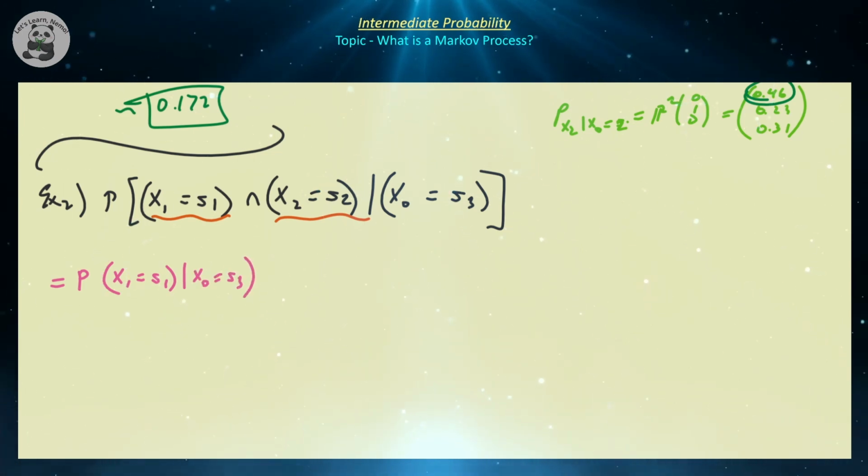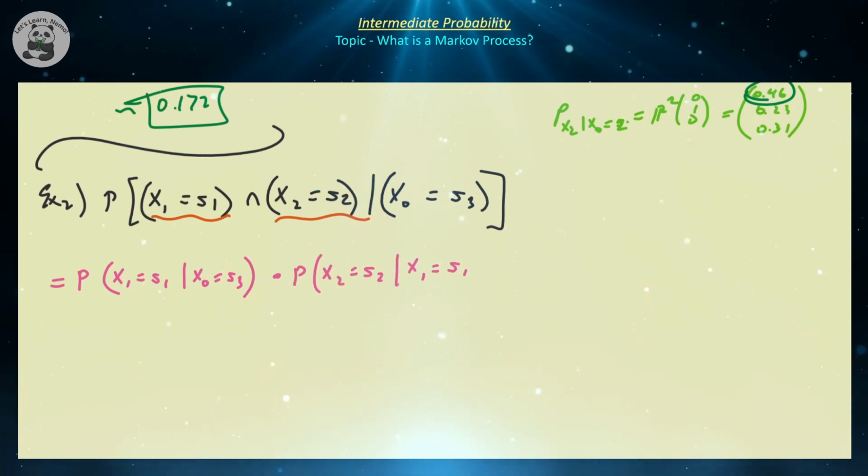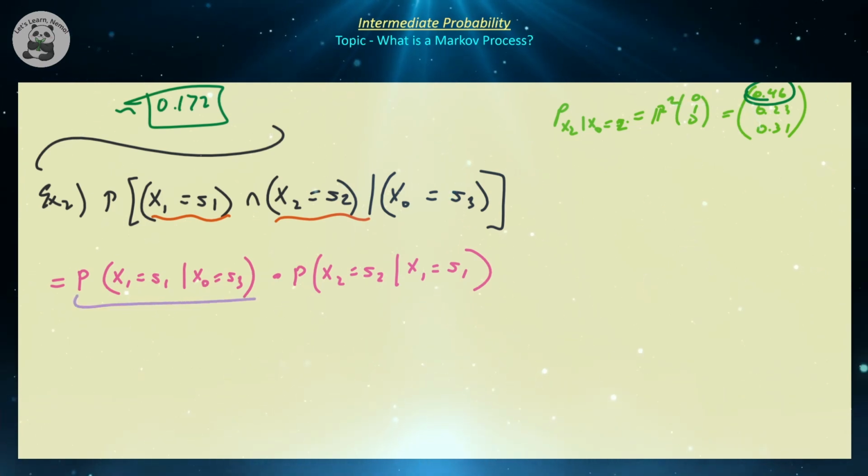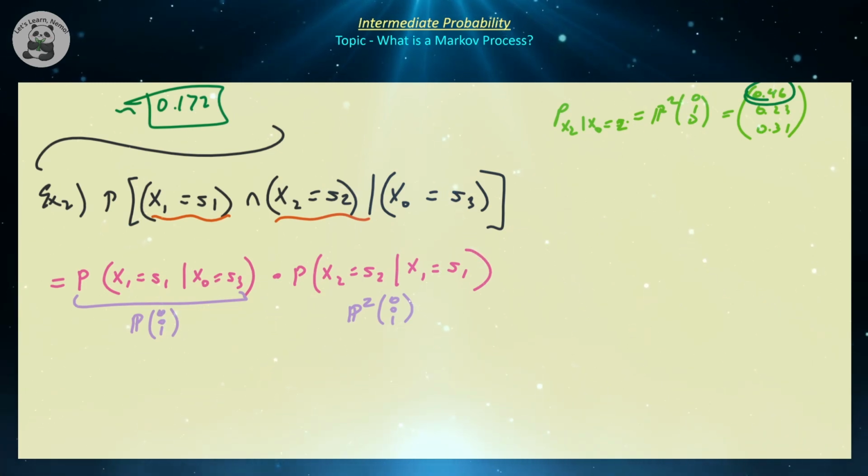Let's actually use parentheses, not brackets here. Just looks nicer, at least to me, but that's up to you. And then we're going to multiply that by the probability that x2 is equal to s2, given that x1 is equal to s1, and given that x0 is equal to s3. But we already know that this process is Markovian, so we just need to focus on x1. Right? So for this, what we need is to find p times x0, which is 0, 0, 1. And here we need to find p squared of 0, 0, 1. Or you can do p times the distribution of x1. You'll get the same exact answer either way.